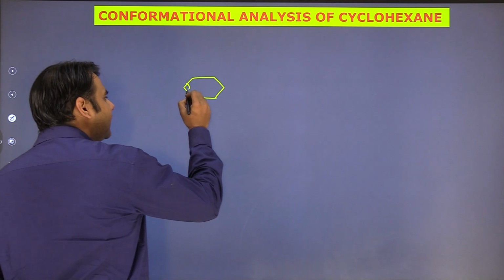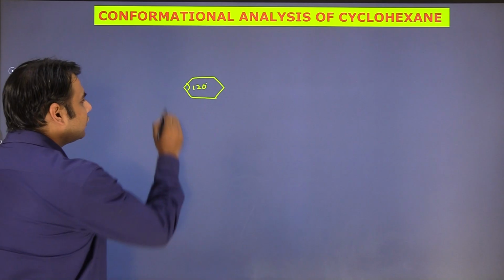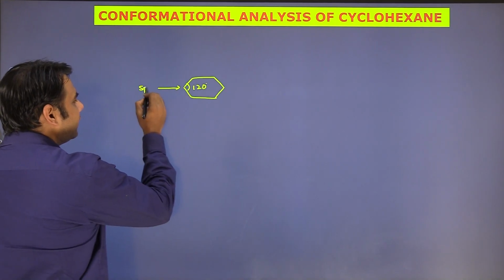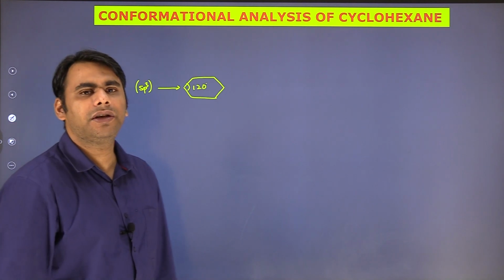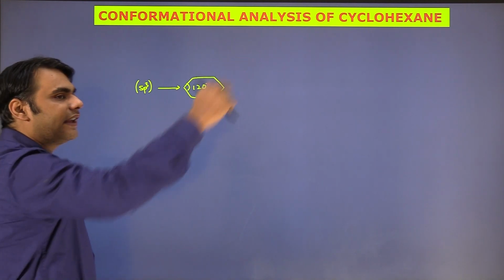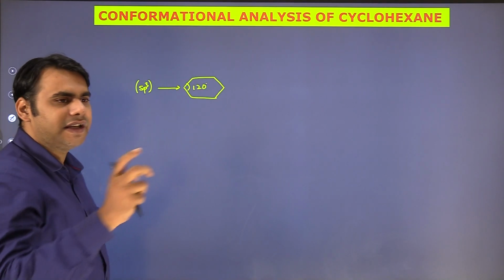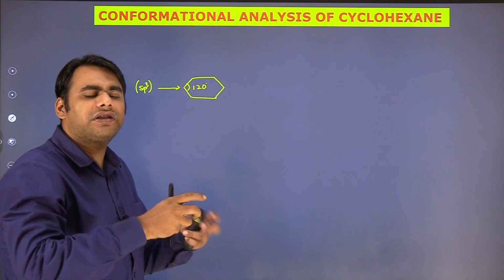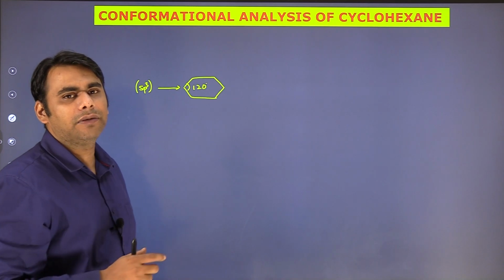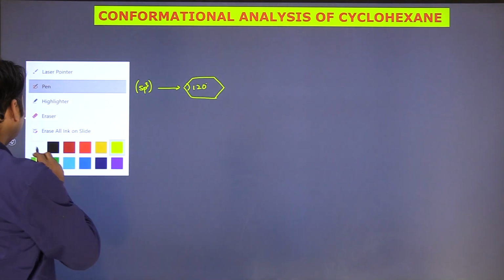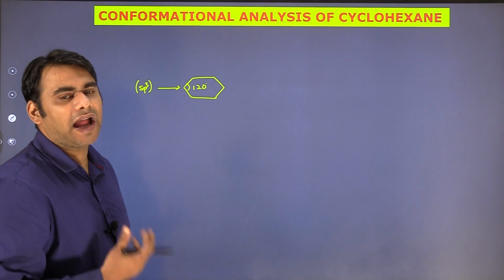Now if you look at this internal angle, it is basically 120 degrees. But because this carbon is sp3 hybridized, the ideal angle of an sp3 hybridized atom should be 109 degrees 28 minutes. Now this angle is obviously greater than 109 degrees 28 minutes. So what this ring will do is change its planarity, or twist some of its bonds, so that its angle becomes equal to 109 degrees 28 minutes. So it can assume different conformers to attain the sp3 hybridized angle.